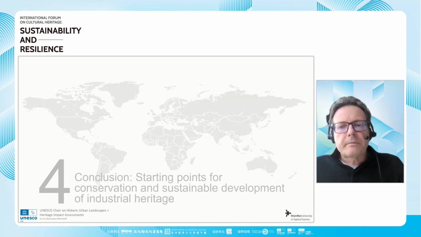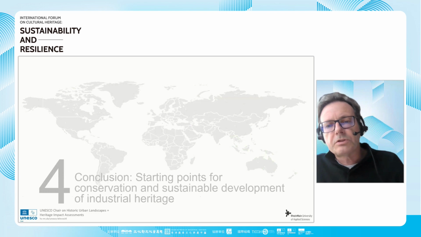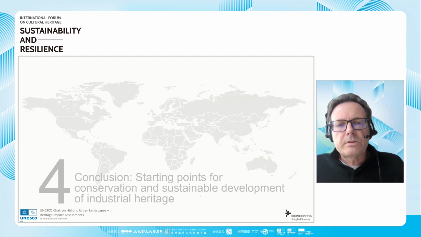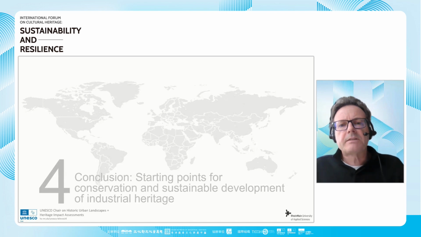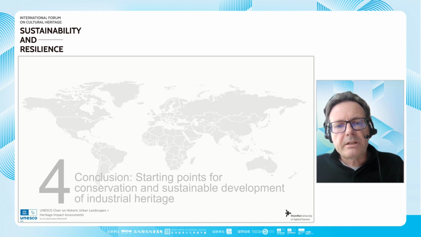So as a conclusion, I started with the World Heritage Convention, and I used Zollverein just as one example that this complexity of World Heritage properties can cause huge issues. And I just have shown you one example of how impact assessments might help in order to manage sites, also to establish more transparency in planning processes.